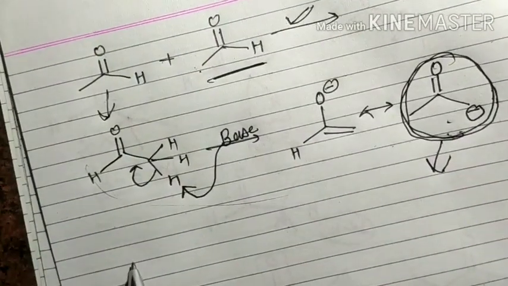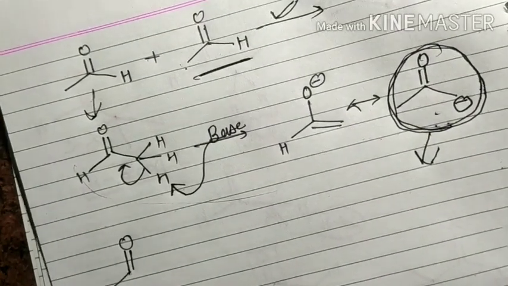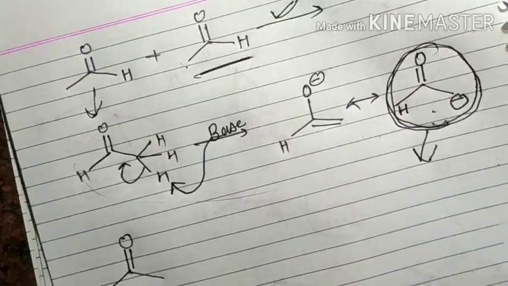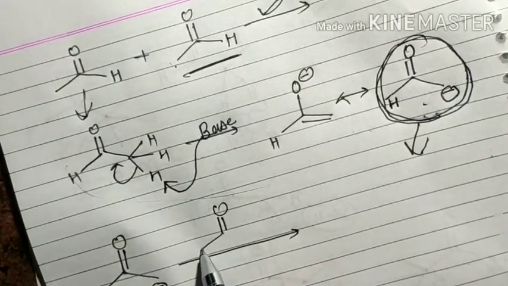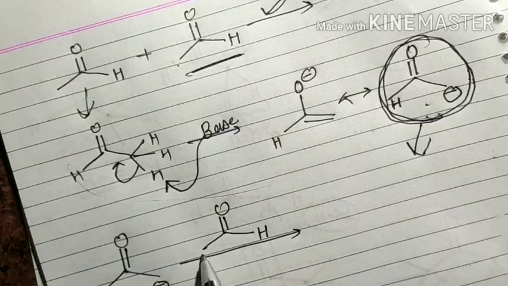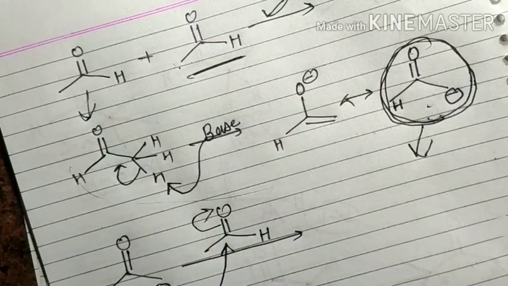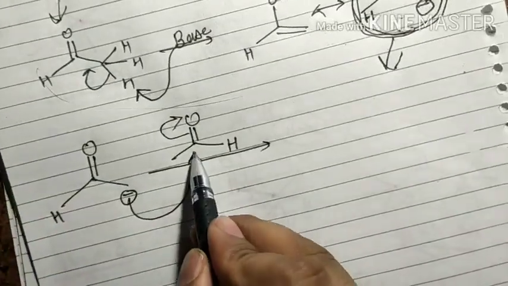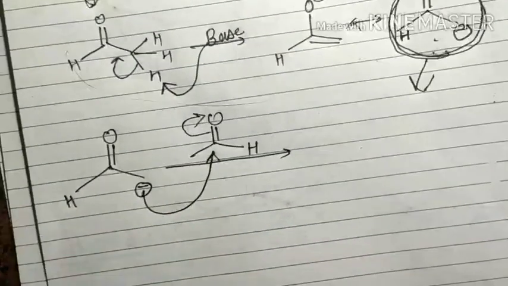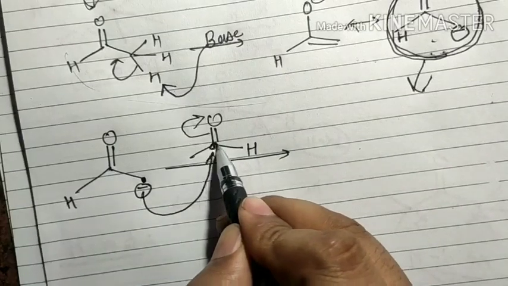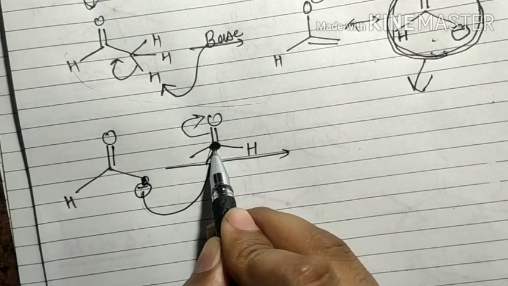So I want to write here again. Double bond O, this one is H, and this one is negative. It reacts with another molecule of aldehyde, because two molecules react together. So this one is H and this one is CH3. This nucleophile attacks this system and the electrons move to this system. The nucleophile attacks the carbonyl carbon and the pi bond breaks here. So write the resultant structure. How to write this? This carbon forms a new bond with this carbon.